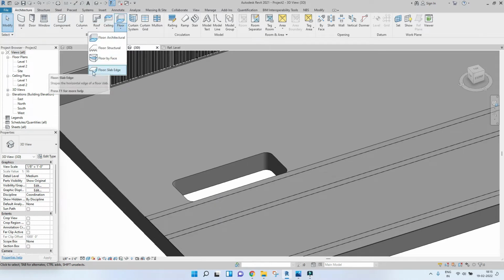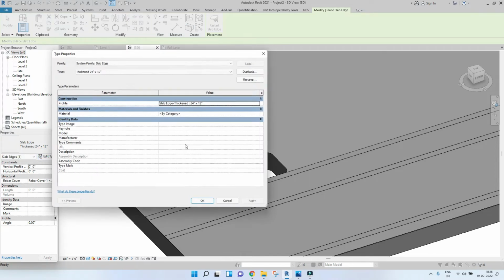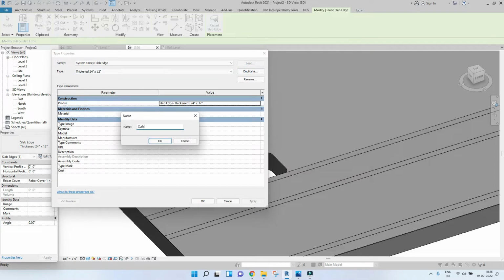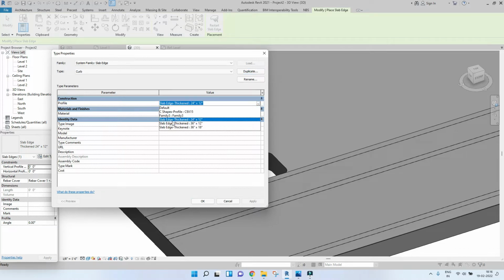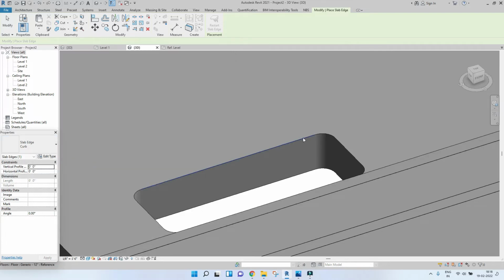the floor and select slab edge. Okay, and here as you can see, we have this default slab edge profile, and go to edit type, and here click on duplicate and name this curve. And under profile, if you've loaded it, it'll come inside, and mine is family 3. Make sure you save it properly and select that profile and press OK, and just select the lines where